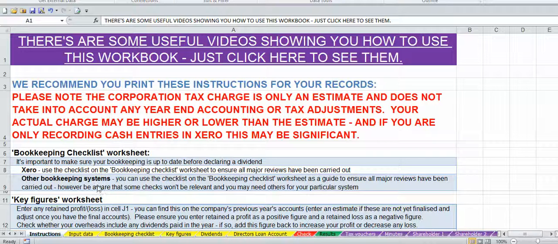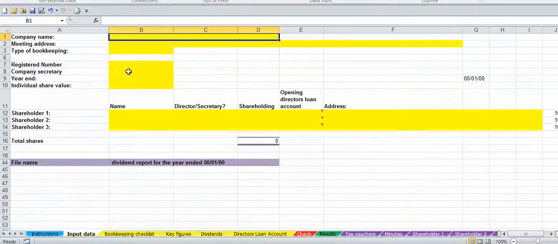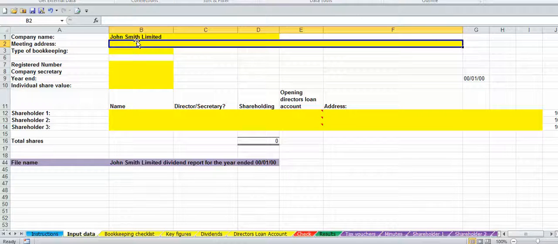Moving on to the input data workbook, you first will put your company name in. So let's assume that's John Smith Limited. Meeting address. This can be either your home address or a physical office if you have one. It's going to be used in the minutes when we print them out when you declare a dividend. So let's assume we're going to use our home address, Whale Avenue, Poole,